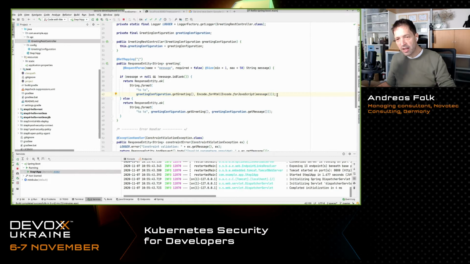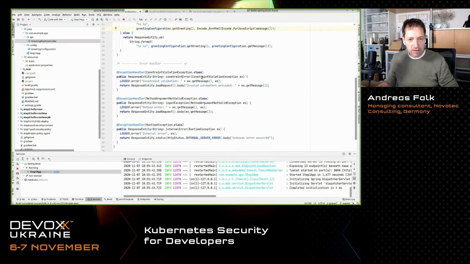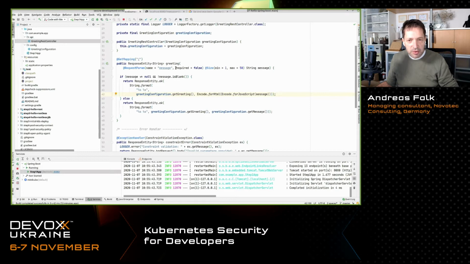So with the results returned by my REST API, it should not be possible to do cross-site scripting attacks anymore, because I encode all the things, so it's not dangerous JavaScript or HTML code anymore. And there's a second way to access it, so you can also give a request parameter, a user-defined message, to that application, and that's all the use cases of that application.